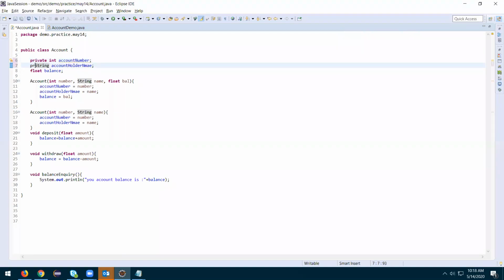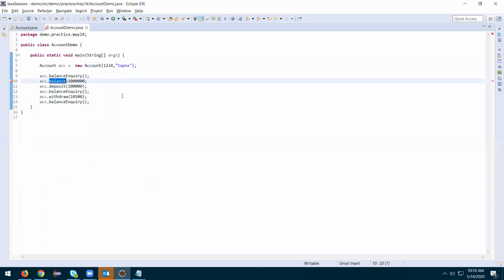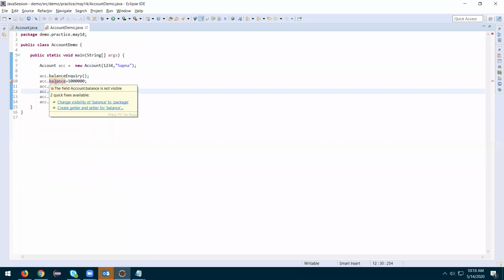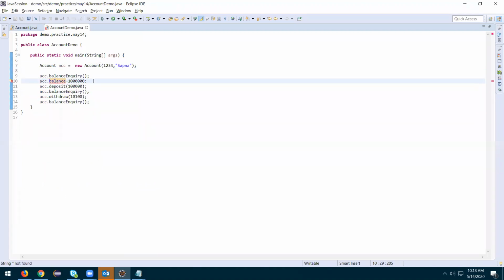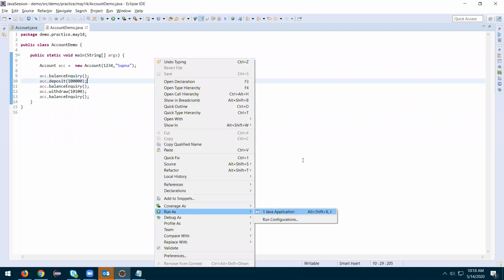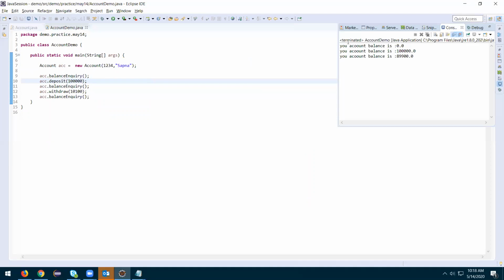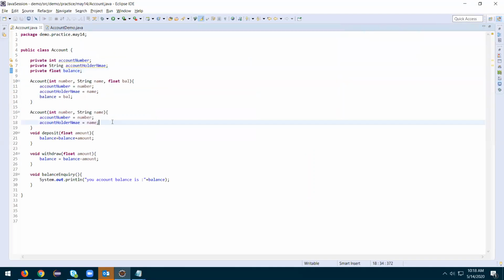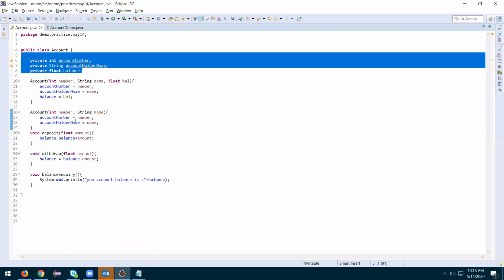Private is basically an access modifier where we don't expose it outside. That's why once we create it as private, we cannot update this. So now if I run this, yeah, this is pretty much safe now. There is a concept called encapsulation in object-oriented programming, wherein we bind the data and behaviors together.